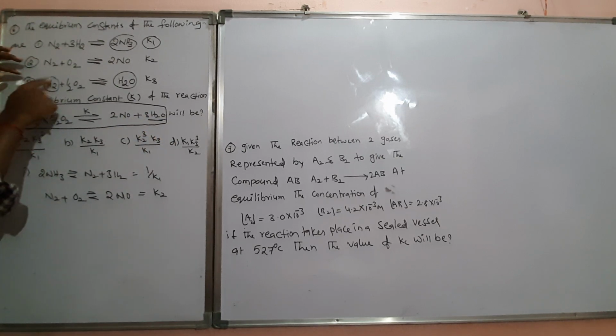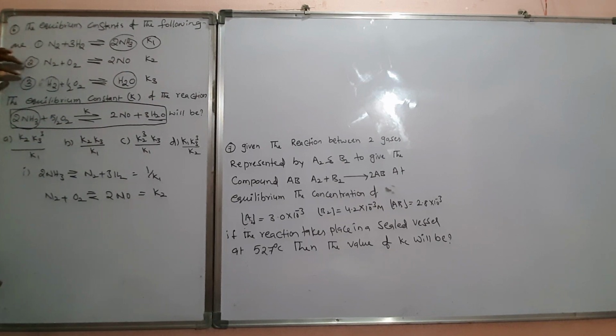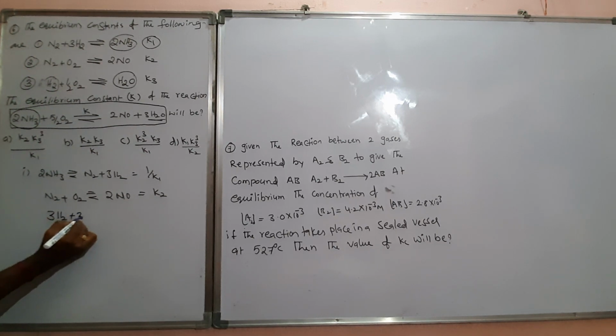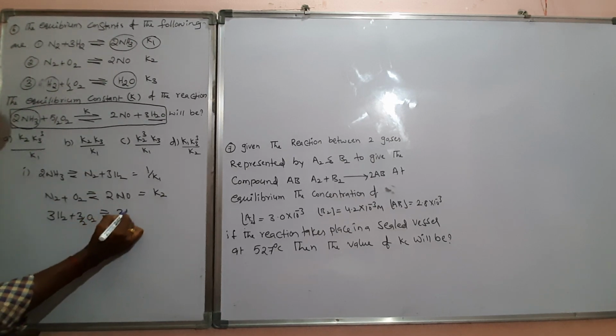Then how can you get 1 mole to 3 mole? By multiplying with 3, right? So when you multiply with any number, then in equilibrium, that number will come as a power of what? Equilibrium constant. I told you already, first question. So then I am multiplying this equation with 3. So then 3H2 plus 3 by 2 O2 gives rise to 3H2O will come.